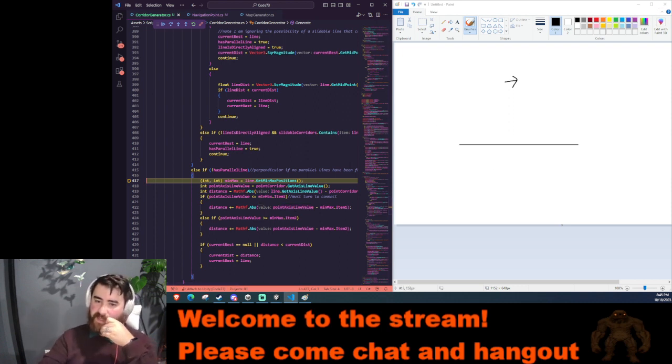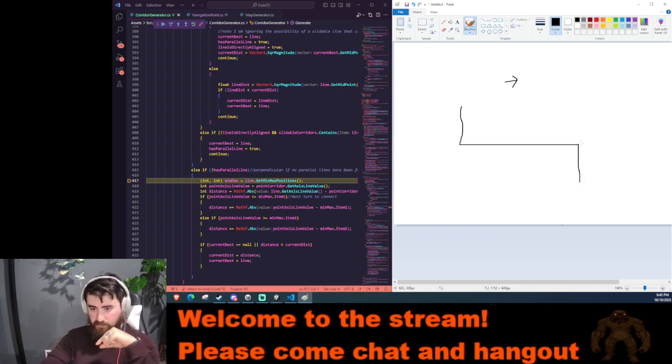I think I know what's going on. So we have basically our line here and our line here, right? This is like the corridor that's pre-established, and then we have another door up here. And what's happening is it really should be choosing this line because we want it to go like this and like this. But it's not doing that because it's thinking that this is actually closer, which is a false thing to think because it's not in its forward direction, right? So what we should do basically here is if